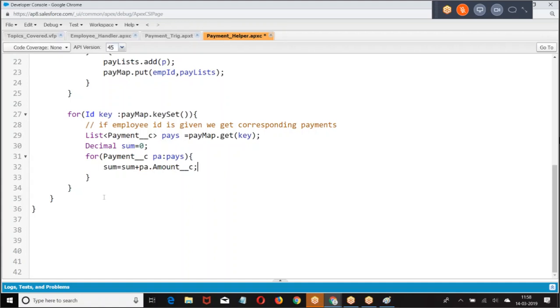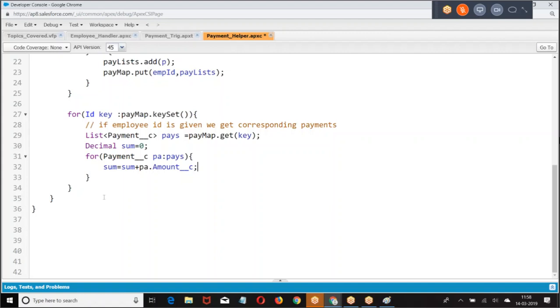Right. Now it all depends upon your understanding of what a roll-up summary is. If you first understand what a roll-up summary is in administration, then you understand this logic. Got it? Roll-up summary means what? Parent, children are there. Sum of all the child amounts. What does it mean? There are 4 children. Take every child, take the sum, add up.